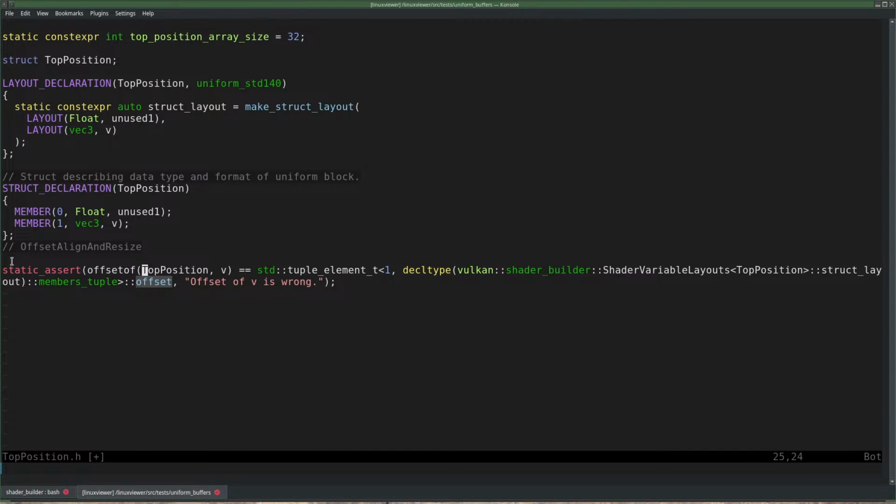I think this line is correct, but that value is incorrect. No, it's nonsense. Sorry, nonsense. This is wrong. So instead of using offsetof, I cannot use offsetof. So that's the trick. What I have to do is just